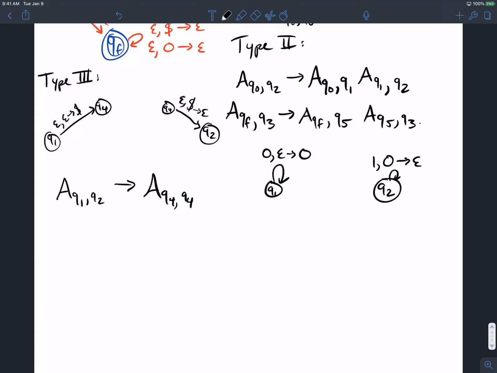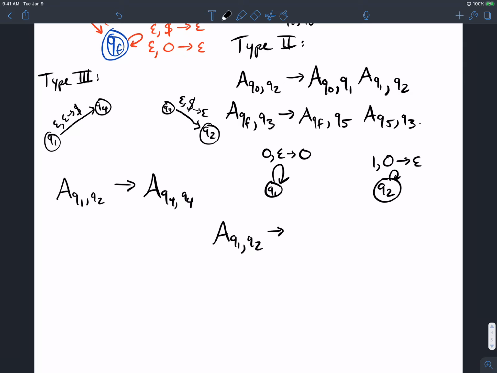So what is my start and destination here? Where do I start? Which is the beginning of the push transition. Q1. And where is my destination, which is the end of the pop transition? Q2. So to get from Q1 to Q2, what do we do?